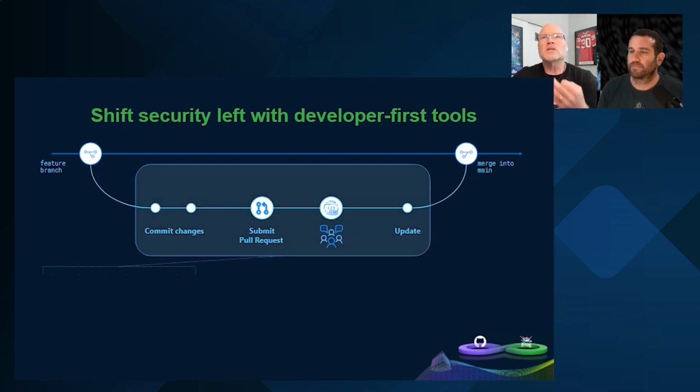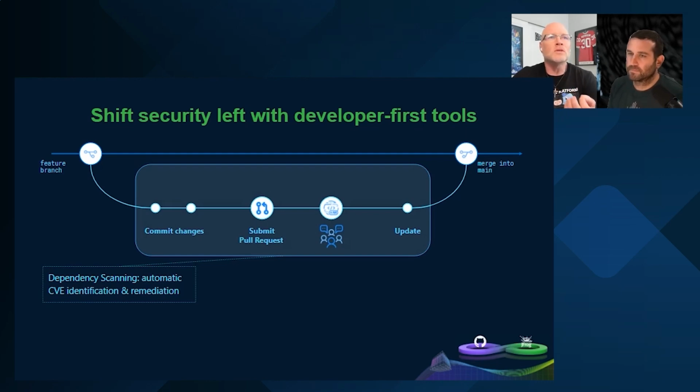But we want to talk especially about bringing security right into this developer workflow. So it's not that we're sitting there as developers and all of a sudden the security team hands us this report of issues that we have to fix, but identifying those issues as we're pushing the code into GitHub with things like dependency scanning, making sure that all those open source packages that we're pulling in are free of known vulnerabilities,